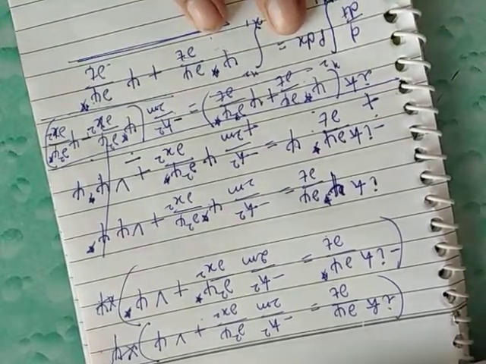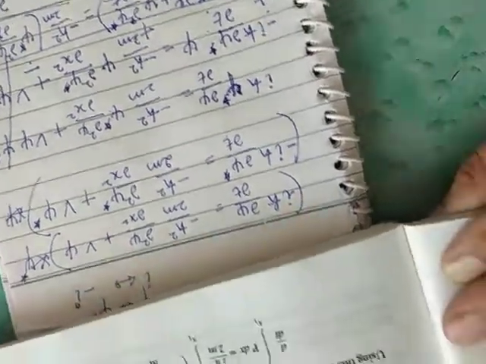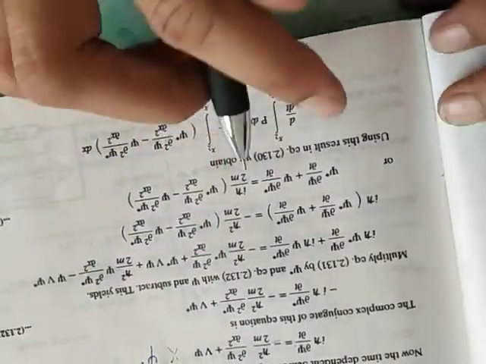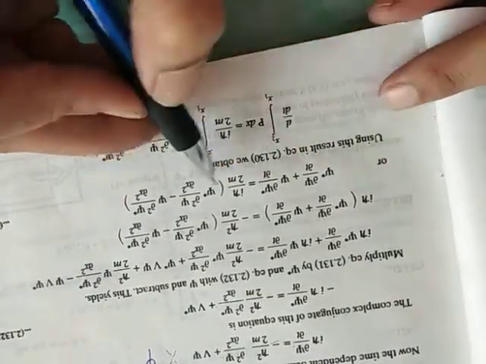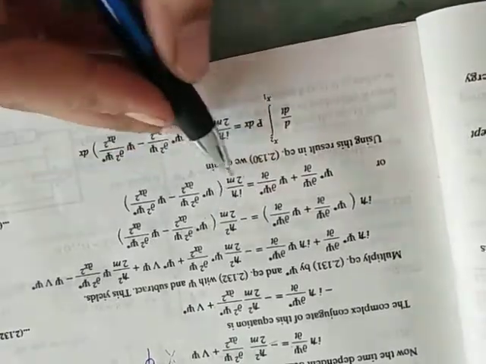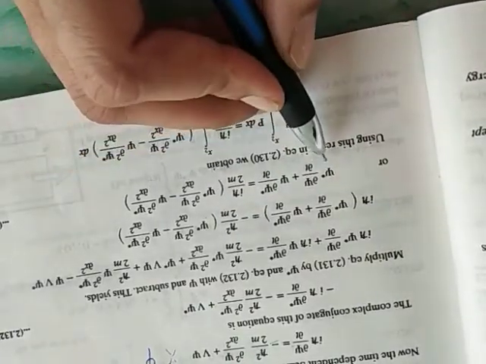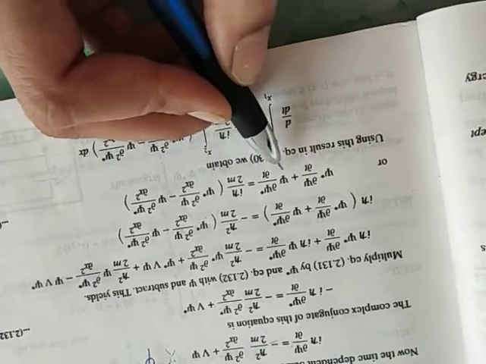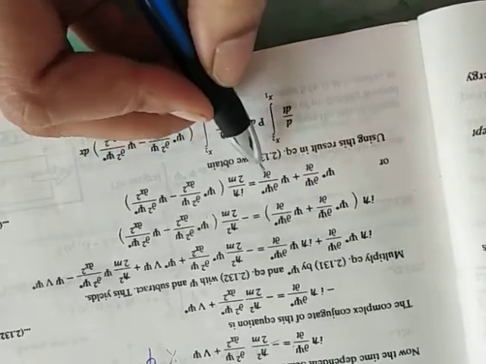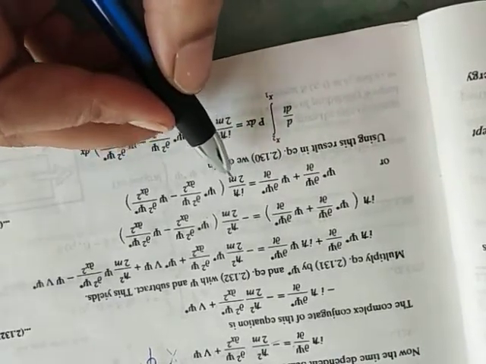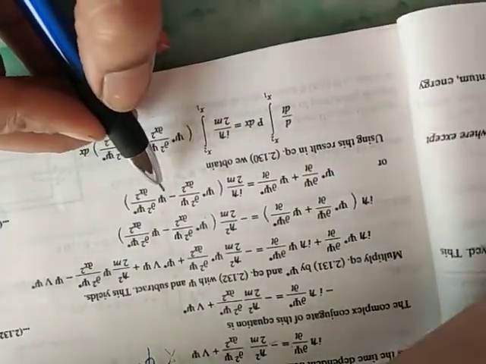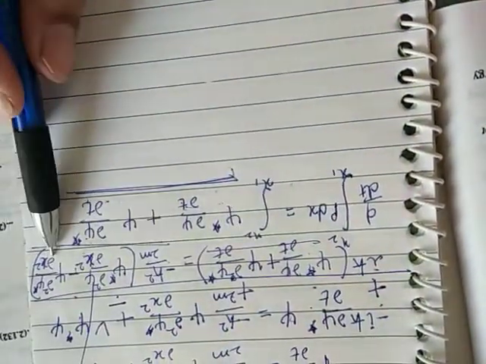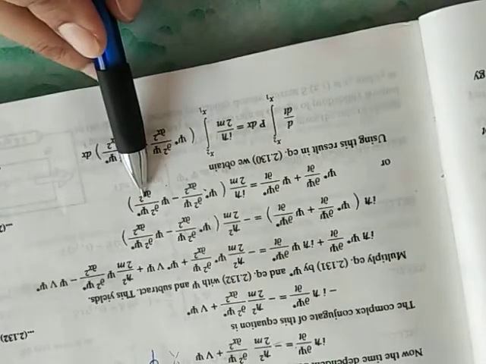Now I will move to here. The iota h cut would move here, so it would be divided by this part. The resulting equation is psi star ∂psi/∂t plus psi ∂psi star/∂t is equal to iota h cut by 2m times psi star ∂²psi/∂x² minus psi ∂²psi/∂x². We have done it earlier. So this is what we have.